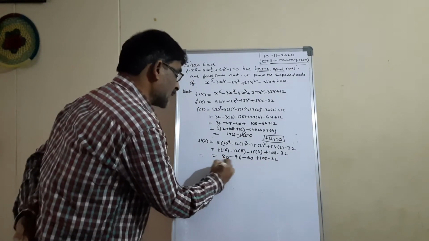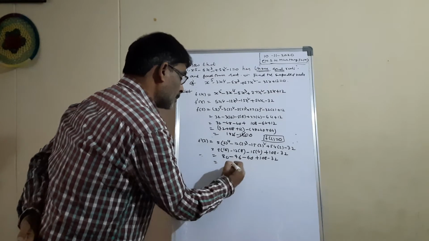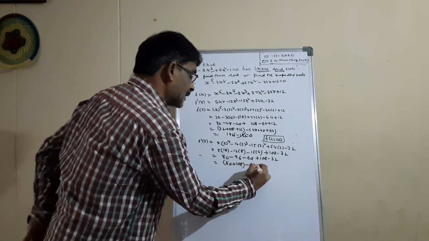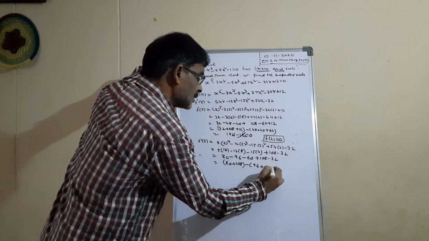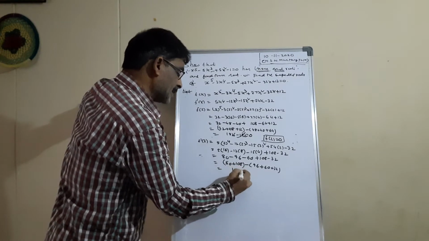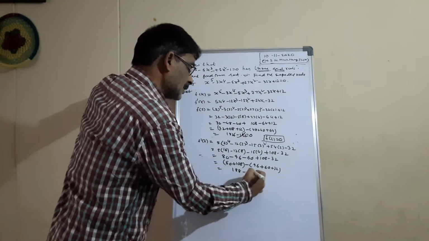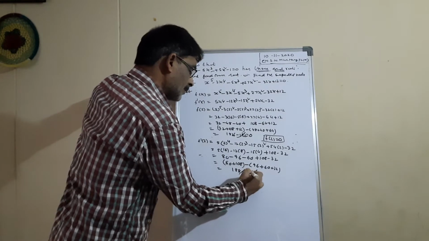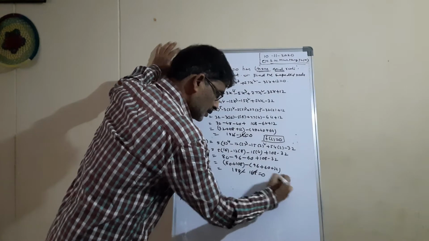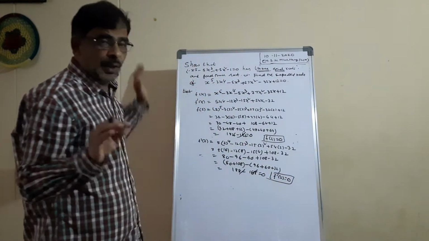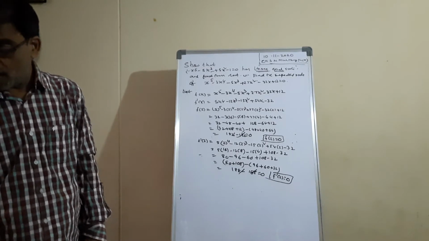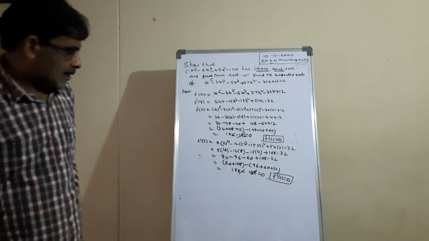You write all the plus terms here: 80 plus 108, which is 188. Write the remaining terms: 96, 60, 32. Here add, 188. Here also 188. The difference is 0. So f dash 2 is also 0. It means 2 is a multiple root. It means x minus 2 is a factor. Now x minus 2 is a factor.